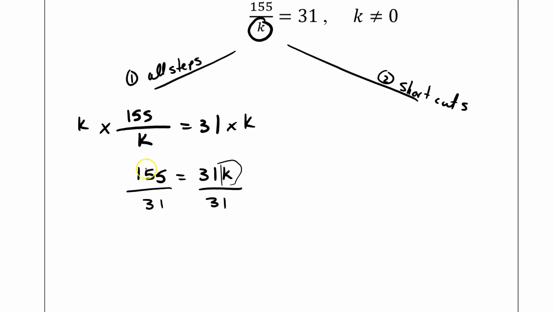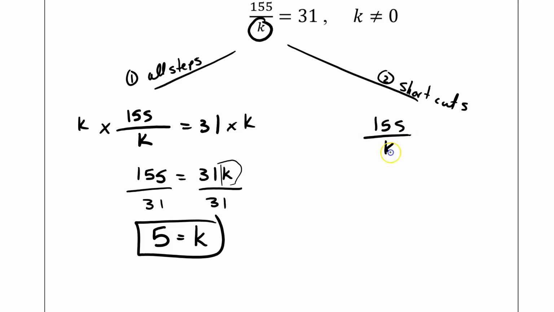155 divided by 31 is 5. 31 divided by 31 is 1 times k is k. So 5 equals k, or k equals 5, whatever works. Okay, so that's how we would fully finish this. Now if you want to know the shortcut,